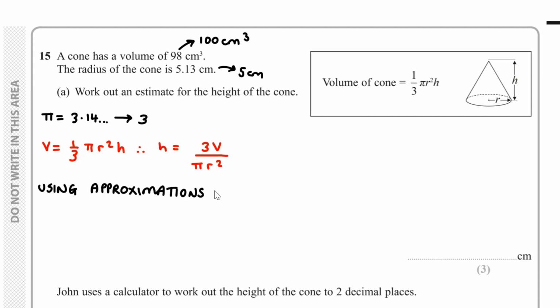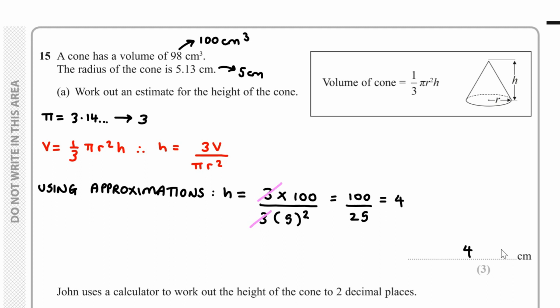Using the approximations, we've got h equal to 3 times 100 over pi times r squared. We're saying this is 5 squared, and we've also said that pi is approximately 3. So we've got 3 lots of 5 squared. It's as though the 3s cancel out. We've got 100 over 25, which is 4. So we're saying that the height of the cone is approximately 4